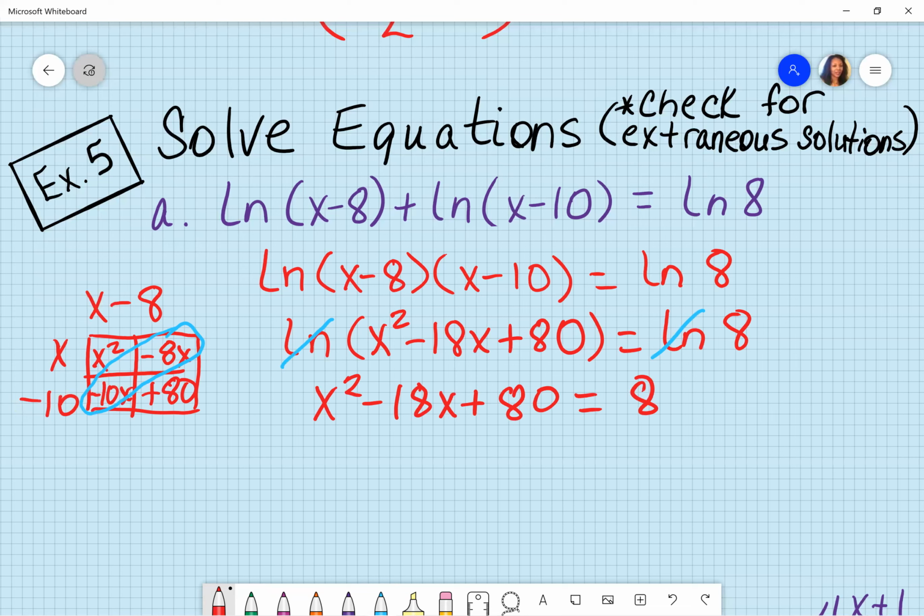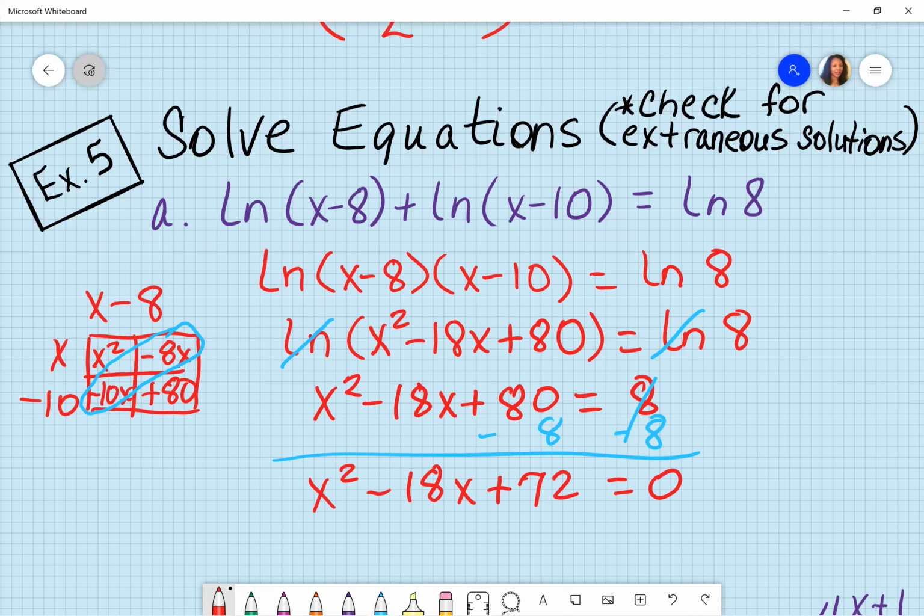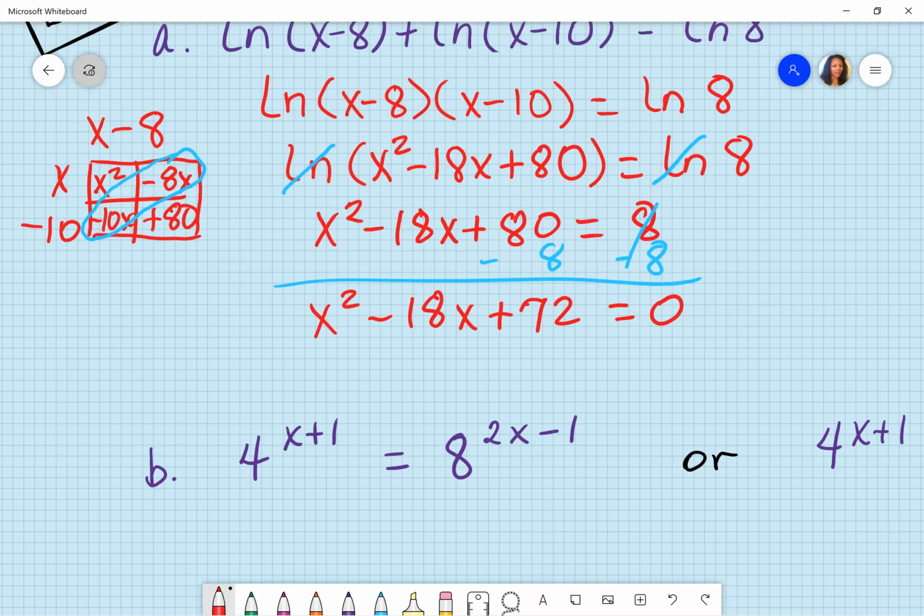And now I'm going to put it in standard form, which means I am going to subtract 8 on both sides. And that's going to leave me with x squared minus 18x plus 72 equals 0. And now the fun part, factoring. So when I factor this, I end up with